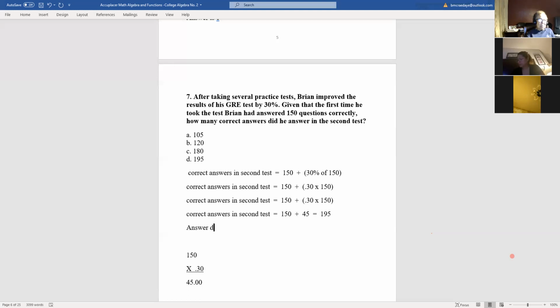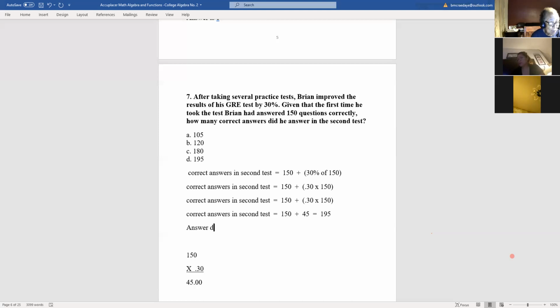Any questions on number 7? Jess, do you understand? You had to take 30% of the 150 and add that to 150, and that gives you the total questions he got on the second test. And remember, I said it had to be bigger than the 150 because he answered more questions correctly. It said he improved by 30%, that means it can't be A or B because they are less